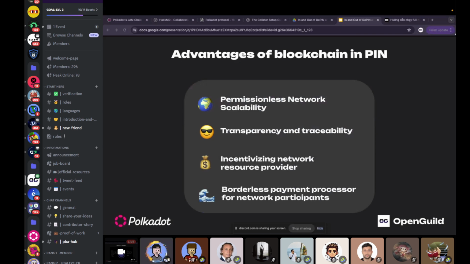Okay, so the network resource provider. When you give someone something, you expect them to give you something back, right? You must receive some kind of benefit if you want to contribute to a network. Let's say I want to run a node and contribute to my country's telecommunication network.